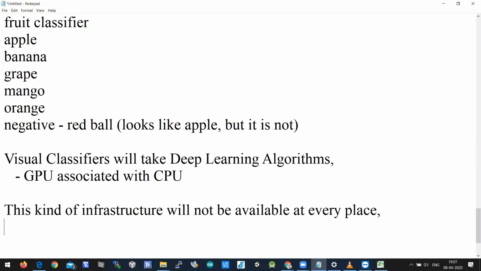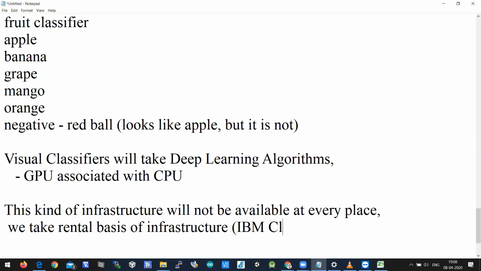So what we do is take infrastructure on a rental basis. That is what IBM Cloud is giving, infrastructure.